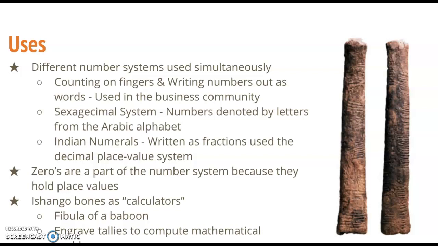Zeros are a part of the number system as well because they are place value holders. And one of the things that they used for a tool was called an Ishango bone, and they used those as calculators. They were actually the fibula of a baboon, and they engraved tallies on the bones to compute the